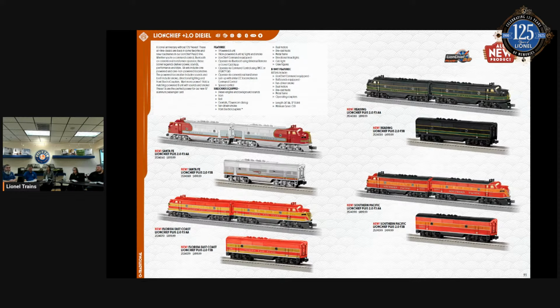Lots of power, lots of fun, classic Lion-O F3 styling. The proportions on these are almost scale size, so they're very similar in size to the legacy F units. Just a little bit more simple in detail and classic Lion-O look. And the nice part about these is that they are programmed, when you're using your legacy controller,